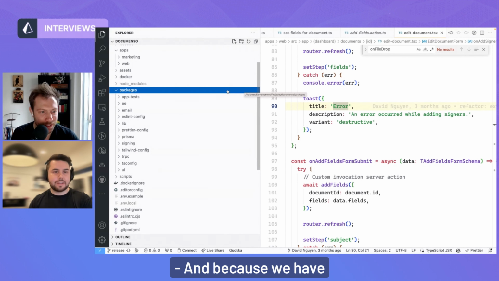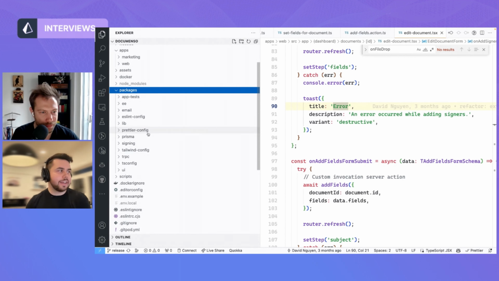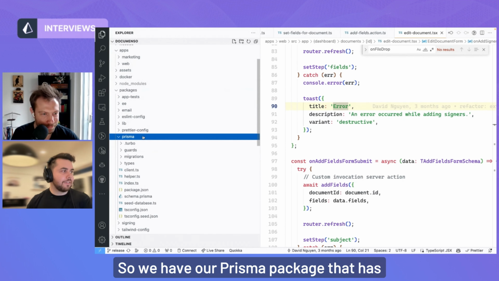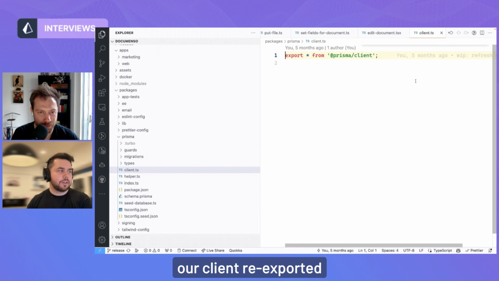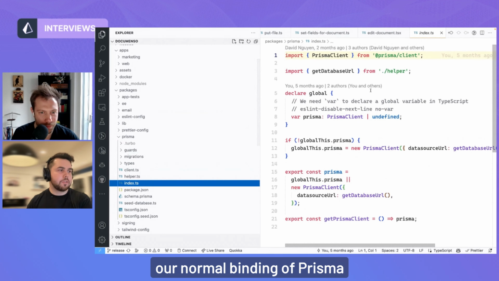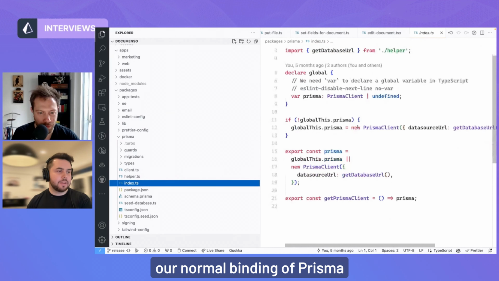That's correct. And because we have things like server actions, they can even share the same sort of APIs without actually having an API. Wow. So we have our Prisma package that has our client re-exported, our normal binding of Prisma